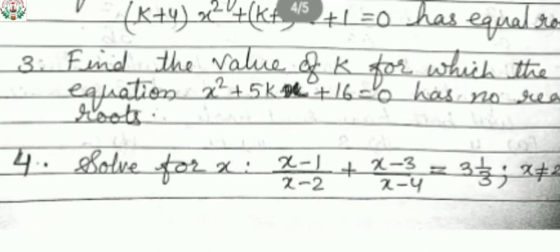Use the quadratic formula for the roots of the quadratic equation and get the value of x. That is x equals minus b plus minus square root of b square minus 4ac upon 2a. That formula you know, so put in the values and get the value of x. Now the next is